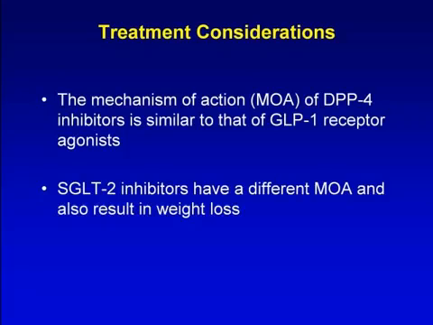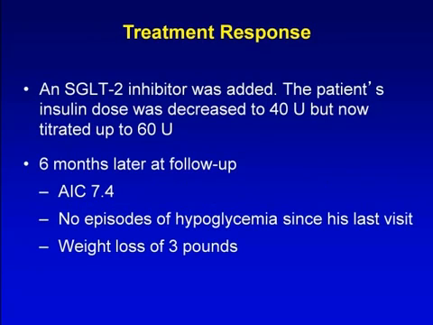And so ideally, SGLT2 inhibition would be a different mechanism, being the excretion of glucose to help with the glycemic control. Of course, there's the problem of the cost of so many medications and 2 new medications that cost a lot. But fortunately, we were able to get approval from his insurance to pay for an SGLT2 inhibitor, which was